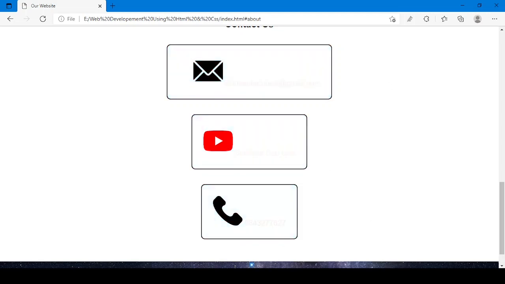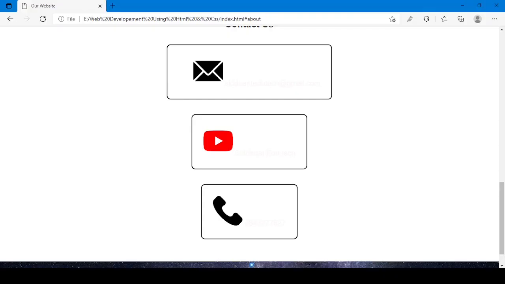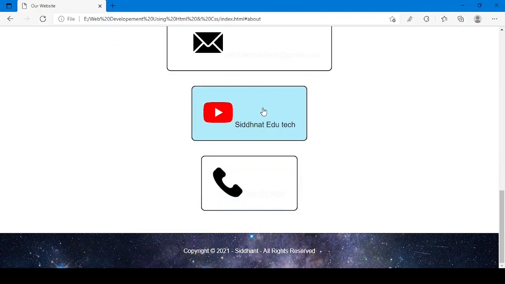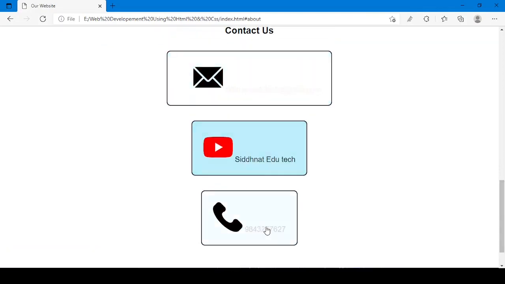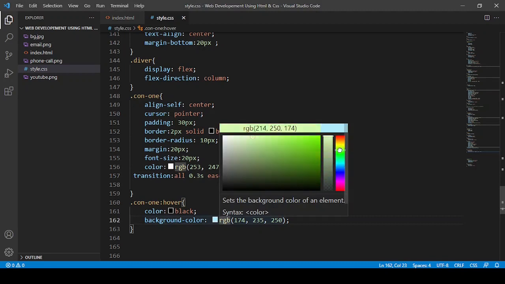Okay, that would also work. So instead of that one, I thought that let me just do this one only. Okay, so when I hover on it, see the magic. Yeah, okay, it's amazing. So what I can do is, instead of this one, I can move ahead towards green, and here I can give the darker one also, something like this one.